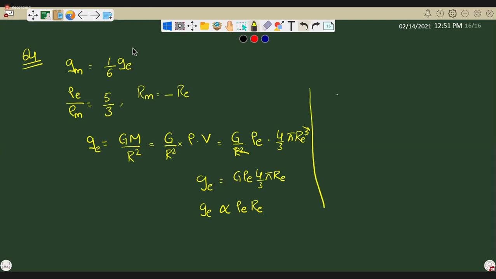So gE divided by gM is equal to rho E RE divided by rho M RM. So gE divided by gM is how much? Rho E divided by rho M is? 5/3. So RM is equal to